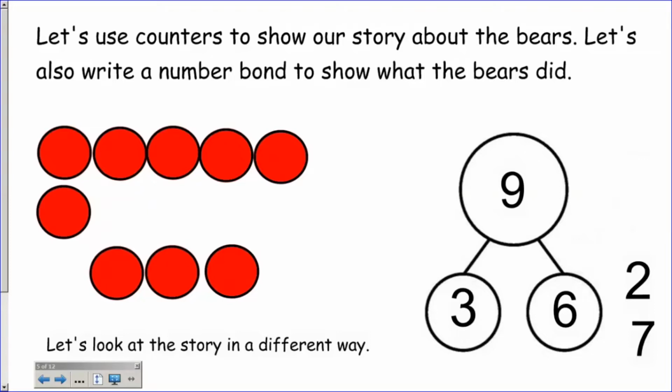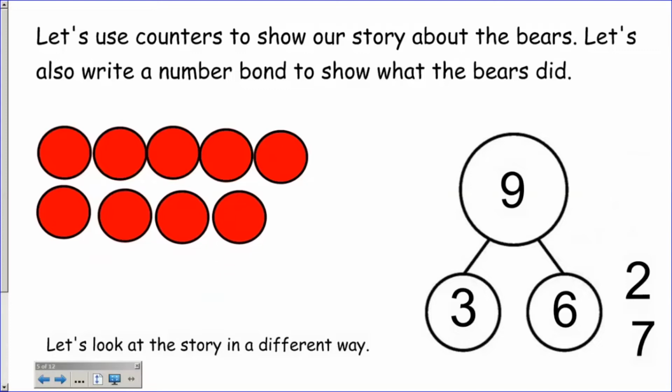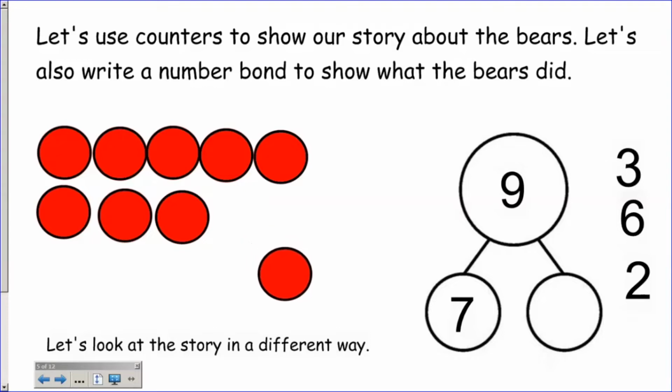Now, let's look at this story in a different way. So let me place my 9 counters back in the 5 group way. So now, let's say instead of 3 bears going to the cave to sleep, let's say 7 bears. 7 bears went to the cave to sleep. So I'm going to take away 7,